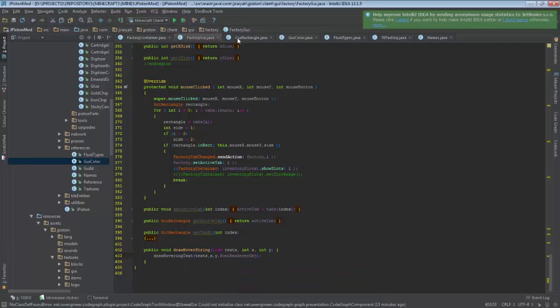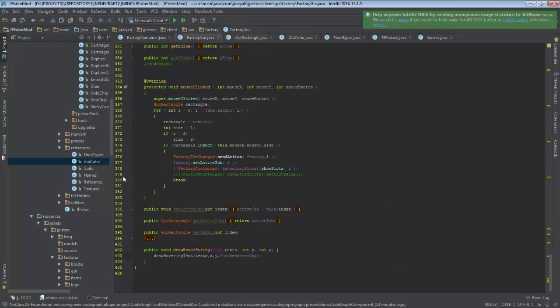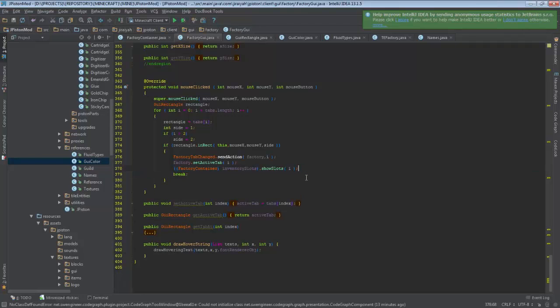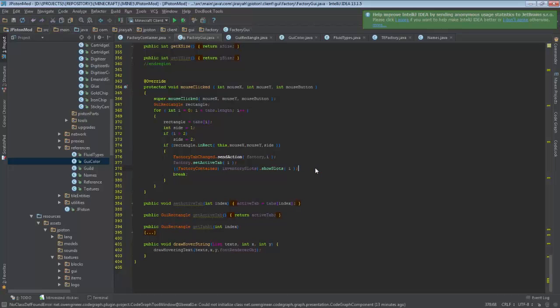So back and forth between GUI rectangle just to split the lines and position it properly. We could do that here, but that's an easier way in my opinion, and we don't want this part anymore. Am I correct? Yeah, we don't need it. Okay, so if I play it now,